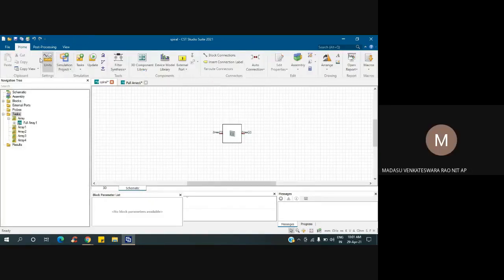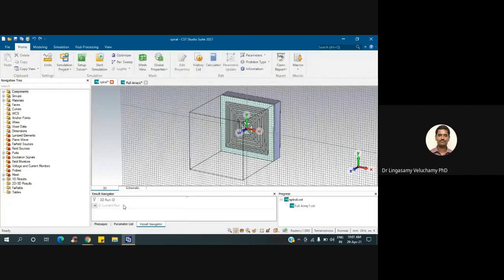In post processing, no, this need to go to post processing. By default it will come in the results. Frequency versus phase, sir. Which phase? S11 phase or what? Frequency, not S11 phase.